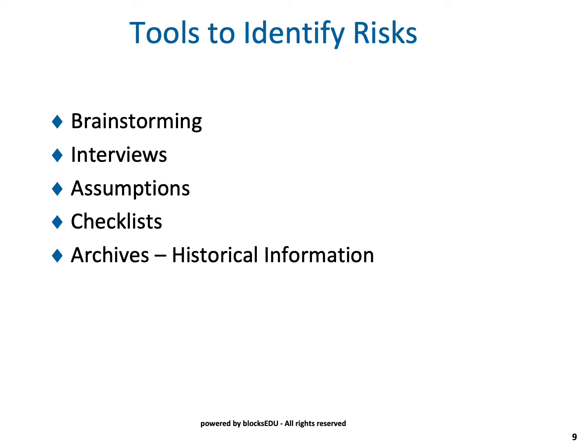We can look at checklists, and we can buy checklists from organizations, especially if we're in a specialized area. Then we can get checklists from there, or we can create our own. The other way is we can look at historical projects and the risks associated with those projects, and ask whether those risks are still valid with our project. And those are the tools that we can use to identify risk.